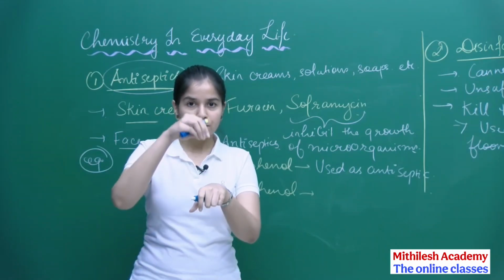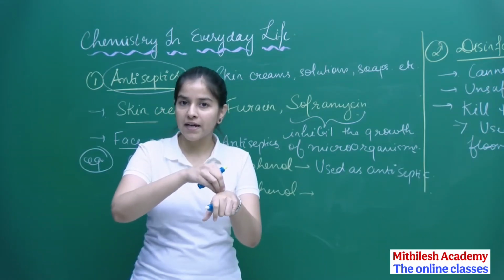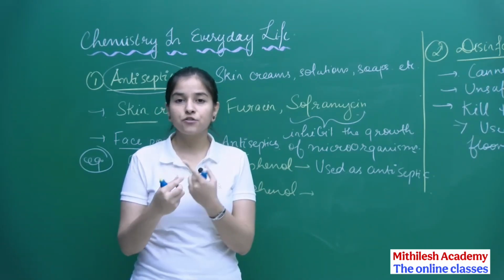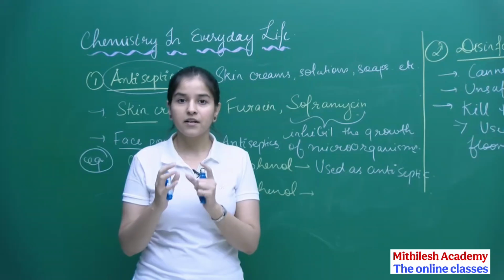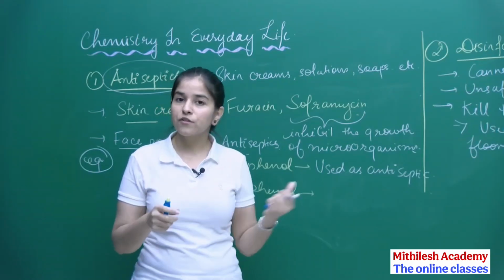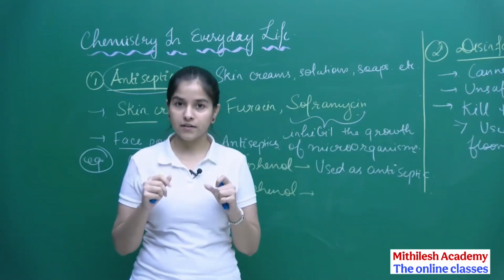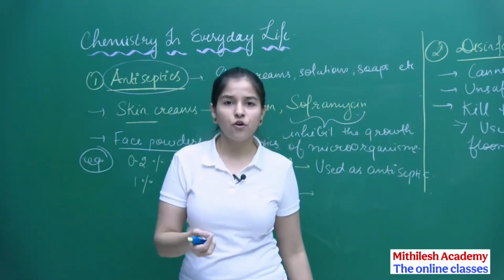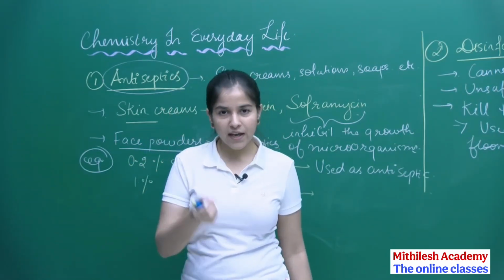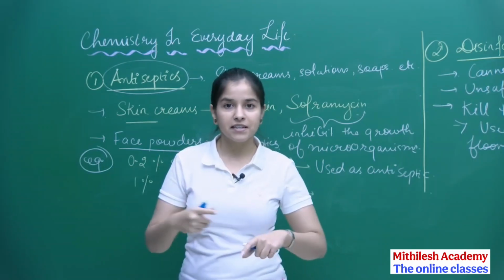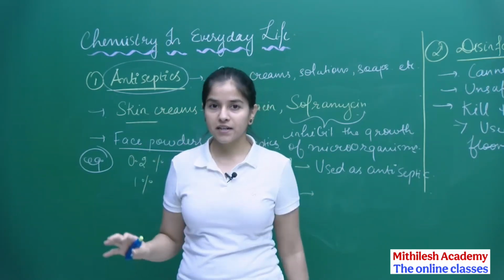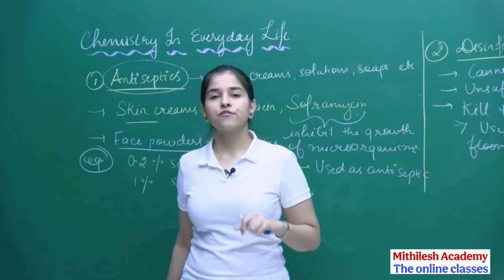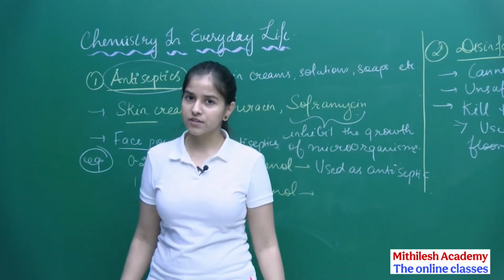actually goes onto our hand, it makes the skin cells from that area completely dead. So that is what phenol does. Phenol is harmful for our skin for external use, but whenever we take phenol in little quantities, we can make it an antiseptic. It can kill the bacteria, not even affecting our skin. But if I take a more concentrated solution of phenol, then it might be unsafe for the skin.